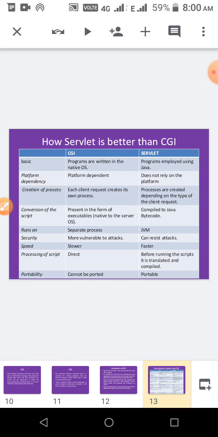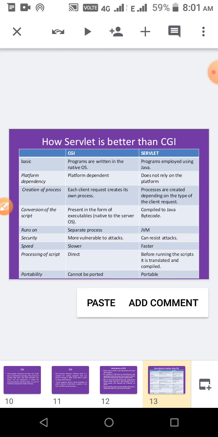Servlet runs on the JVM. Then security: there is not much security in CGI because it is more vulnerable to attacks, but servlet gives more security. CGI is a slower one, but servlet is faster.